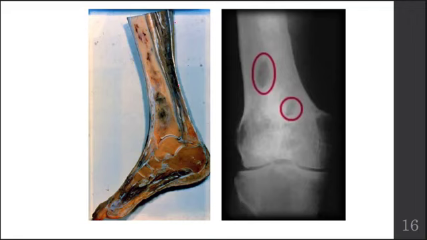This is showing you a tibia. Here's the tibia. And so the lower leg, that's the larger of the 2 bones in the lower leg. And this is a tibia with osteomyelitis. You can see the blackened areas, some kind of reddened areas through here that has suffered from osteomyelitis. On the right, these red circles are encircling this lightened area. And this is an area of lytic bone. I used that term earlier as well, L-Y-T-I-C, lytic bone, where the bone has broken down in that area because